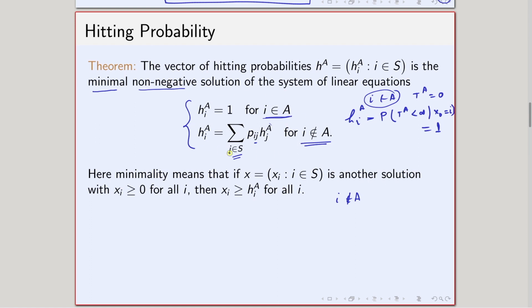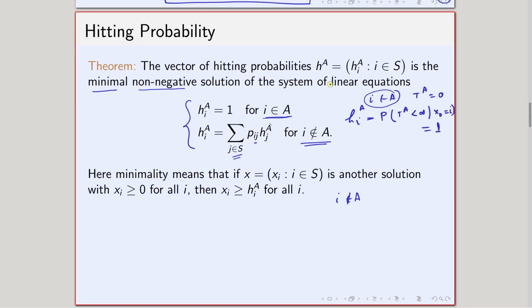Now I have to solve this linear equation. When I solve the system of linear equations, there are a few possibilities. There could be a unique solution, there could be infinite solutions. Not only that, the solution can be positive, can be negative. It means that when I solve this, some of the H_i can take positive values, some can take negative values, all can take positive values, all can take negative values, all can take 0, some non-zero, everything is possible.